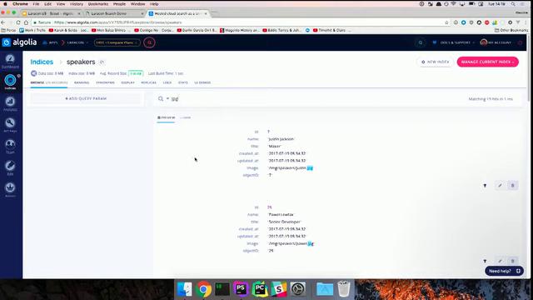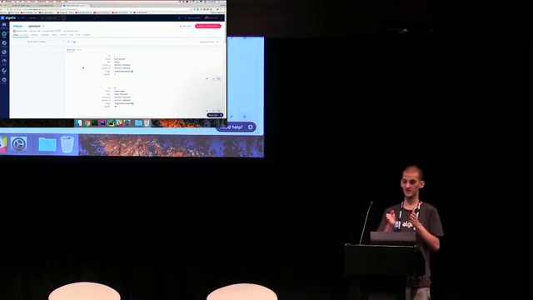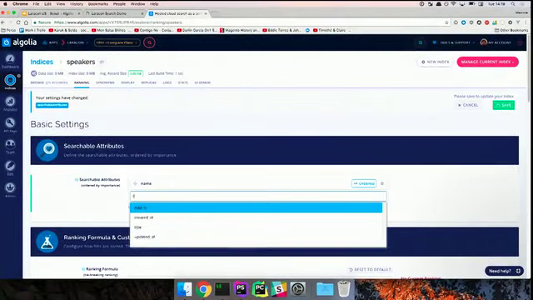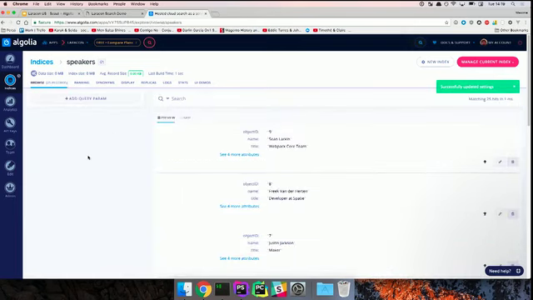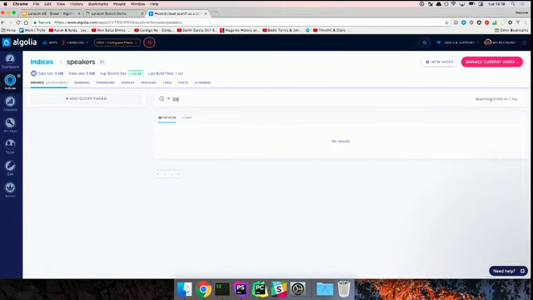And the reason for that is that by default, we are looking into all the attributes. And that's actually a bad practice. When you do search, you want to avoid as much as possible the noise that you can create. And one way to do that is to target only the attributes that you really want to be searchable. In our case, just the name and the title. So I'm going to go ahead and configure that. I want the name to be searchable and the title. I'm going to save. And when I refresh, right now if I type JPG, I don't have any noise anymore.